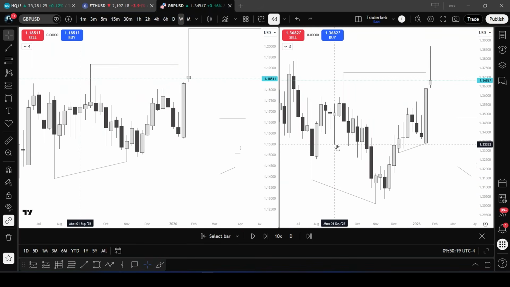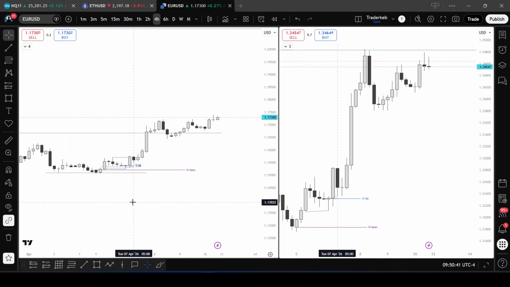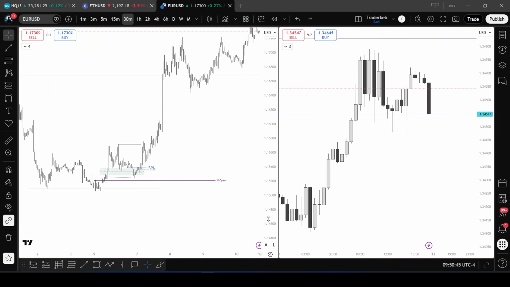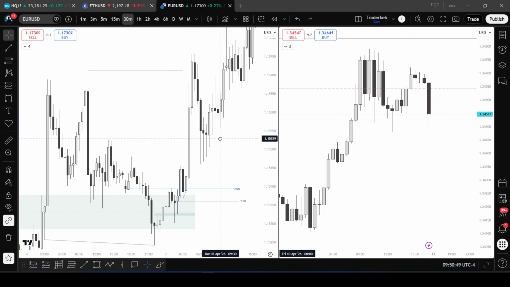We had this SMT where this asset made a lower low and this asset made a higher low, but we momentarily switched strength and this asset made a lower low at the same time where this asset is making a higher low. So the strength switch was a trigger for price to deliver to this draw on liquidity. So that's the same thing we had here, right? After the strength switch, price could then deliver to this draw on liquidity,